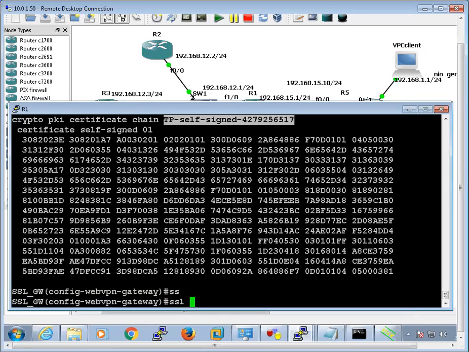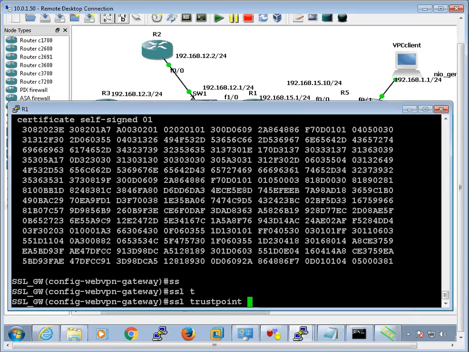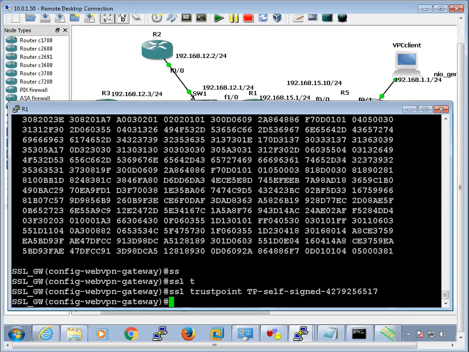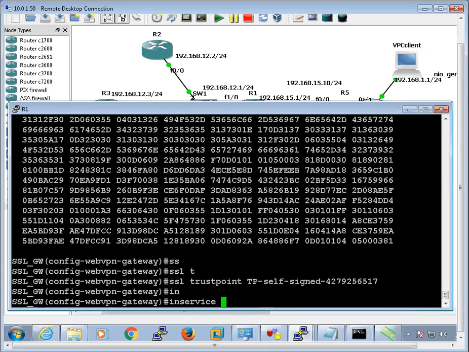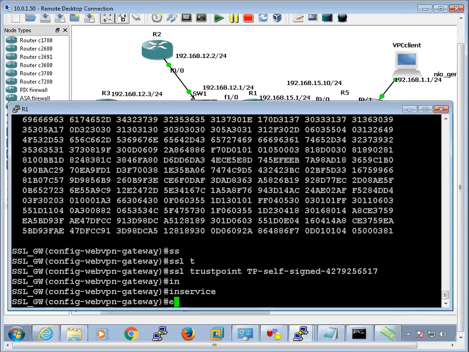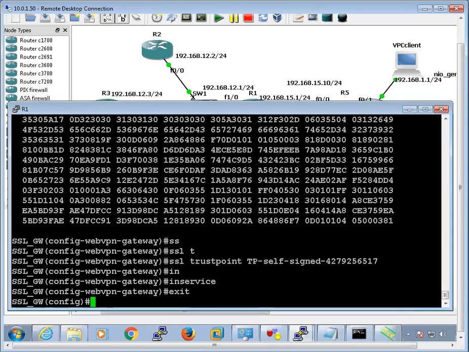So the SSL trustpoint is this certificate. So take the certificate from here. This is the trusted certificate. Use it. So I'm saying inservice and then exit. So what we have done is we have configured the Web VPN Gateway with the certificate to use. Next is create the Web VPN